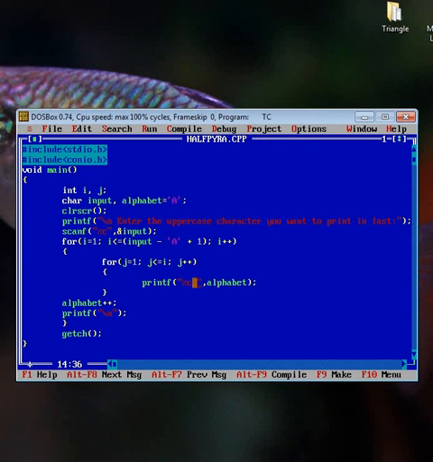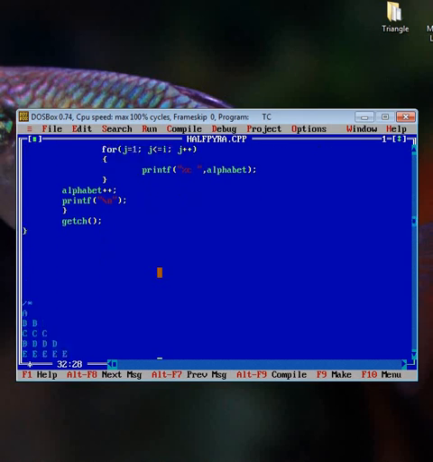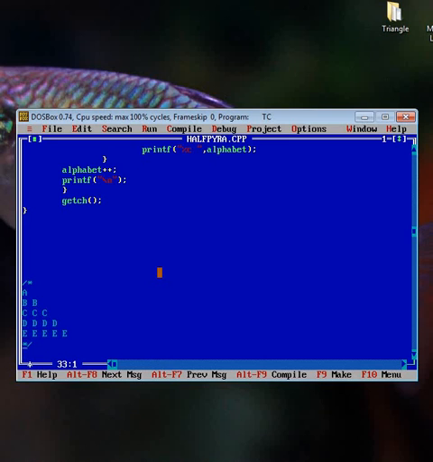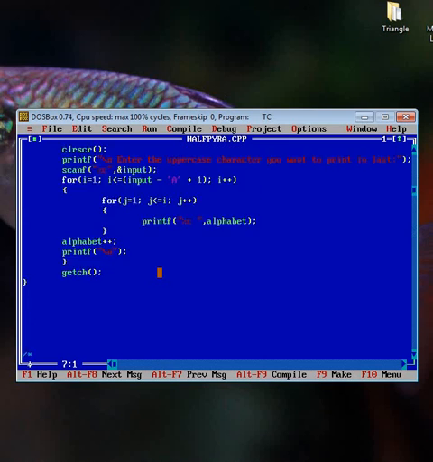So first explanation is that here we have written i less than or equal to input minus A plus 1. I know that this segment is difficult to understand for you. Just see, this is a program where we want to display a half pyramid structure which is constructed by characters.